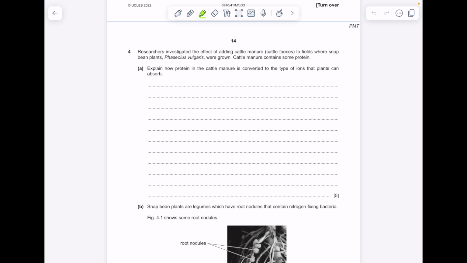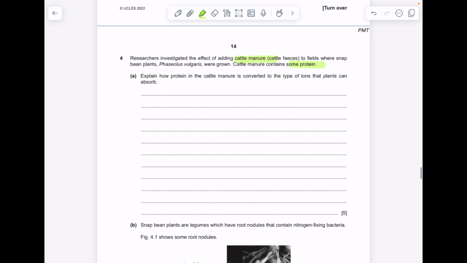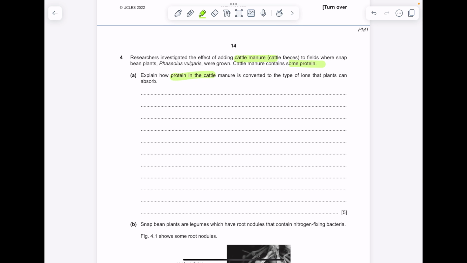Researchers investigated the effect of adding cattle manure, cattle feces, to fields where snap bean plants were grown. Cattle manure contains protein. Explain how protein in the cattle manure is converted to the type of ions that plants can absorb. So we need to get that protein broken down into firstly amino acids. Then we need to deaminate those amino acids to make ammonium ions. Then they go through nitrites and then finally into nitrates, which can be absorbed by active transport by the plant